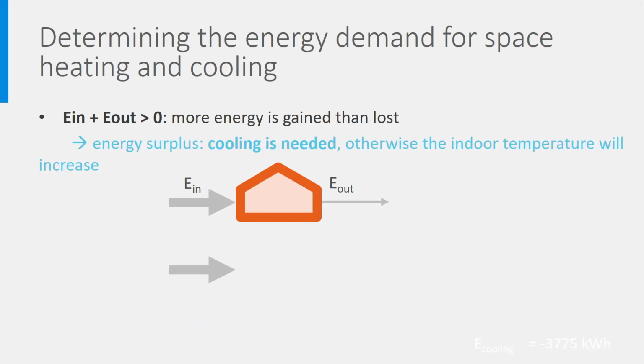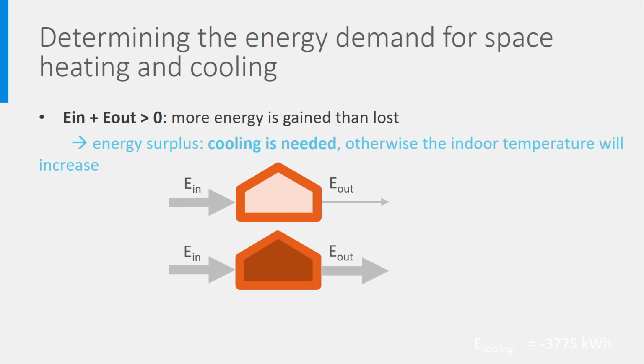If the balance is positive, this means that more energy comes in the building than it leaves. There is therefore a surplus of heat that can be compensated only by two ways, again because of the law of energy conservation. The first way is to accept an increase of the indoor temperature, which will automatically increase the energy losses and restore this way the balance. As an example, if in summer you accept a temperature of 40 degrees inside your house while it is 40 outdoor, there will be no heat losses.